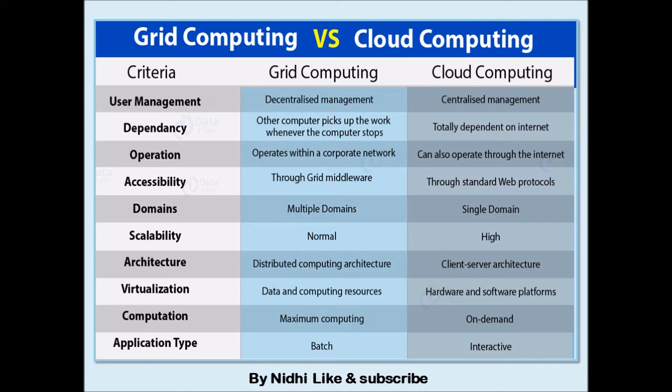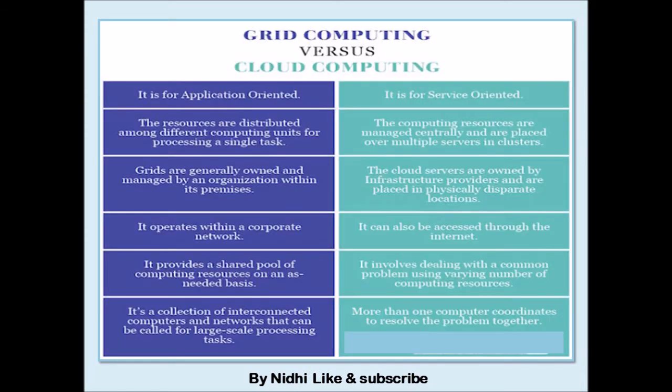Okay, so these are the different points. You just have to remember four or five points, that is enough. Okay, and once again I have shown the difference here, so it is up to you how many differences you want to remember, and it is also given in the Sumita Arora book, you can check that. So see this, again I have shown the difference in a different form.